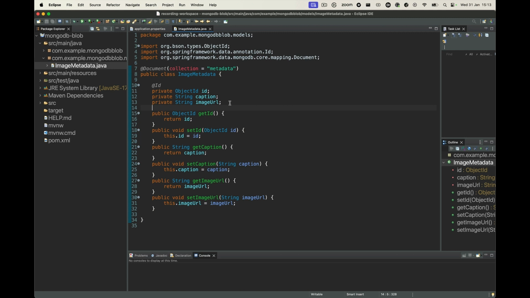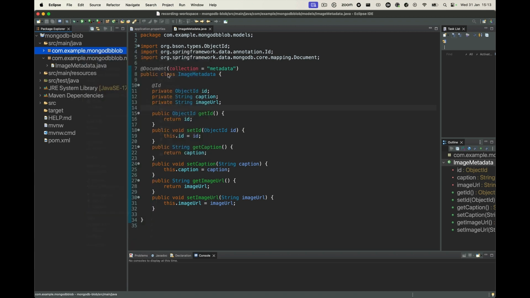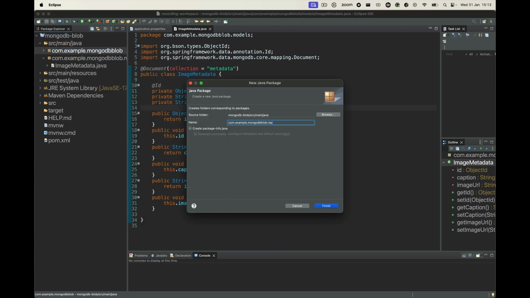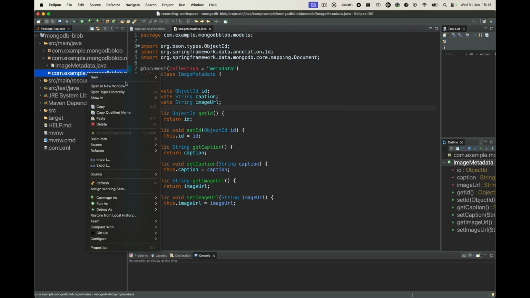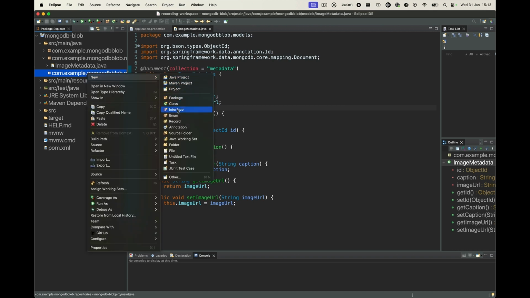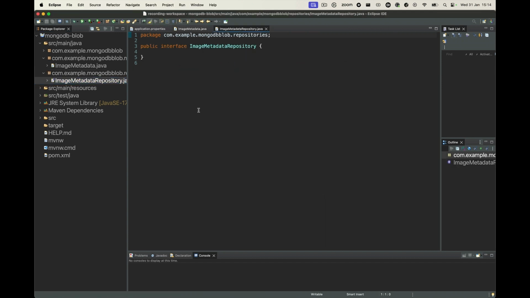But once we have our model set up, our next step will be to set up our repository. So if we go back up here, we're going to hit new, package again, and we'll just call this one .repositories. And we hit finish. Perfect. And to this, we're going to add our interface, and we'll call this one image metadata repository. And if we hit finish here,